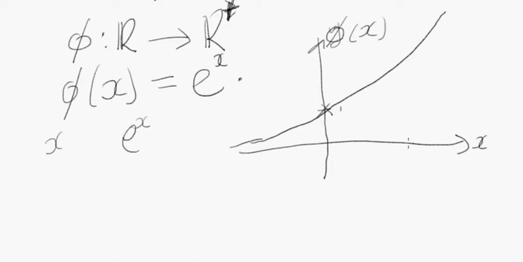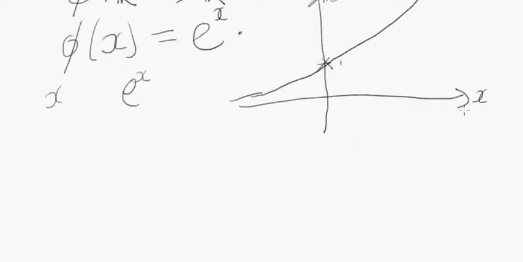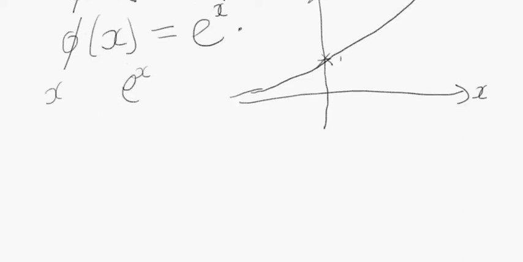That is, every x value corresponds to one and only one phi of x value, right? And that tells us that the function is not one to many. It doesn't associate one thing with many things. So that means phi is actually a function. So we're good. But we're not completely good, because to show that something is a homomorphism, it has to be